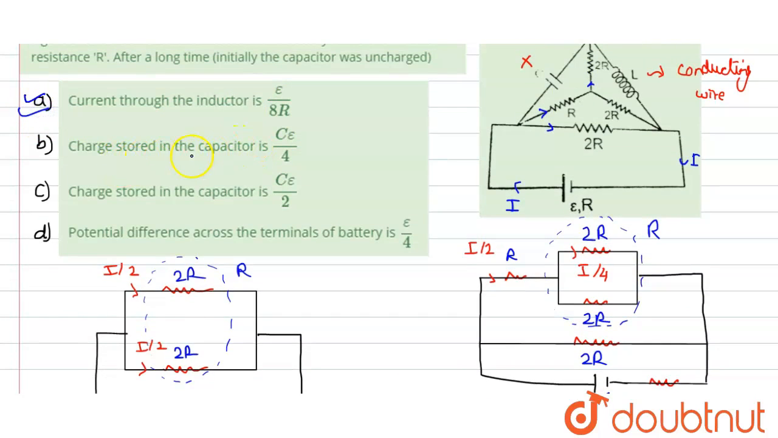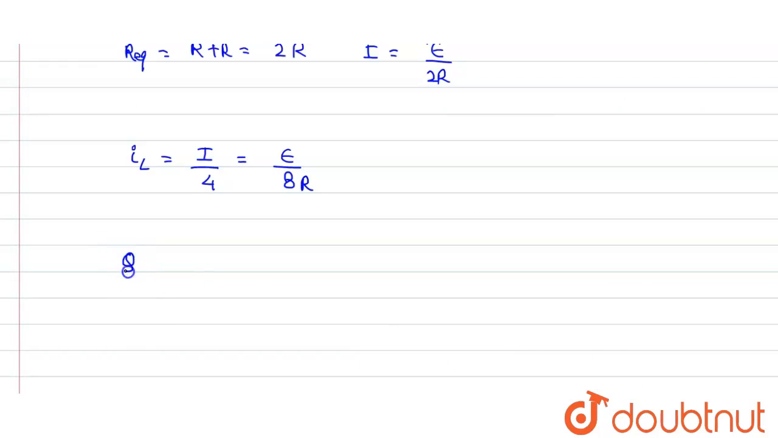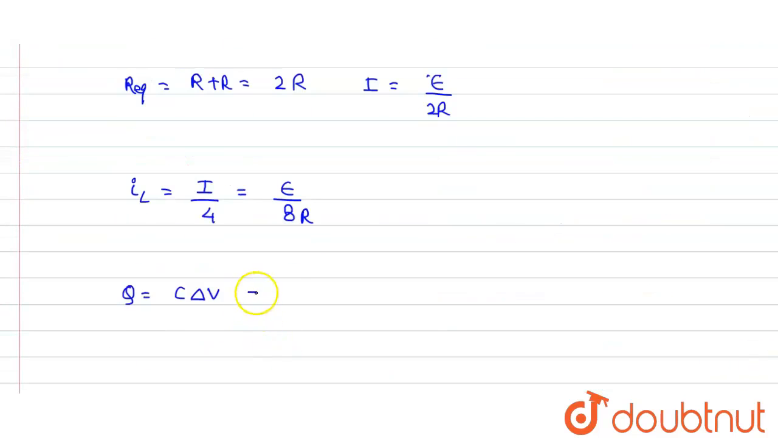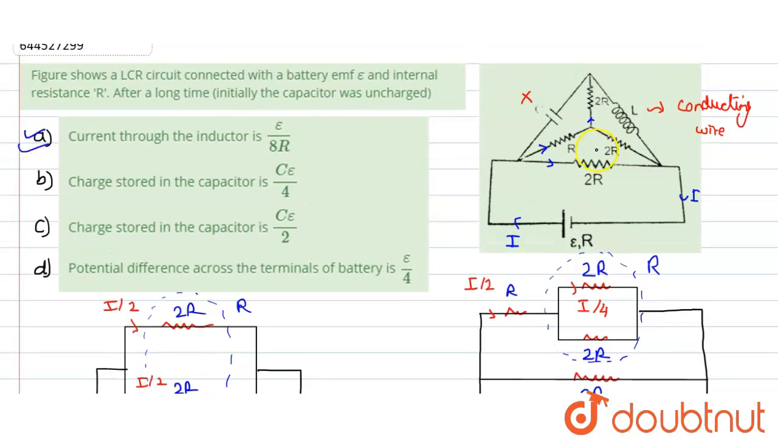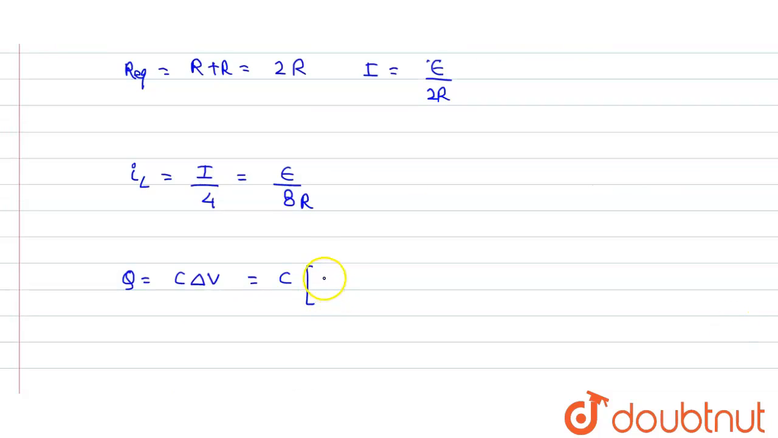Now also we need to find what is the charge stored in the capacitor. The charge stored in the capacitor, Q, is equal to C into delta V, the potential difference across the capacitor. Now the potential difference across the capacitor would be equal to the potential difference across this resistance R and across this resistance 2R. So we say that capacitance value C, then the potential difference across this resistance R. Now this R has a current of I by 2. So we say that the potential difference would be I divided by 2 into R, plus